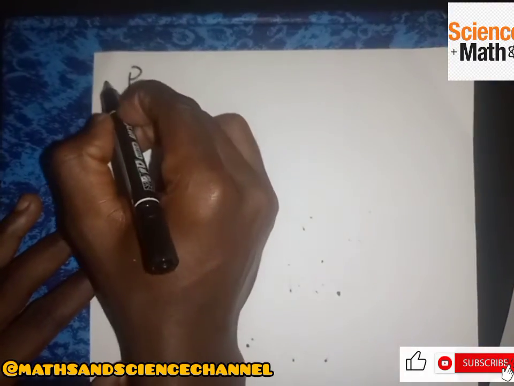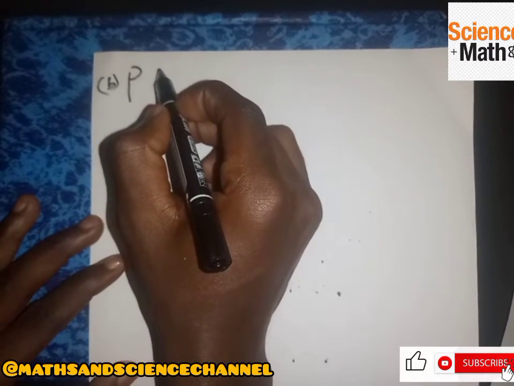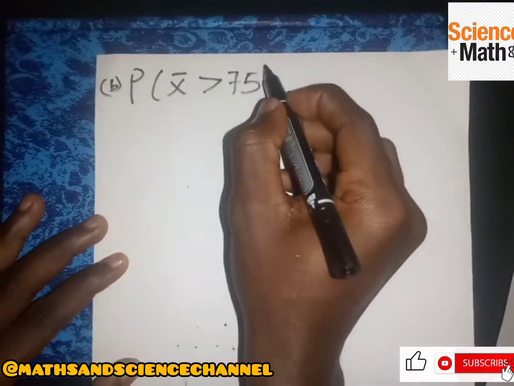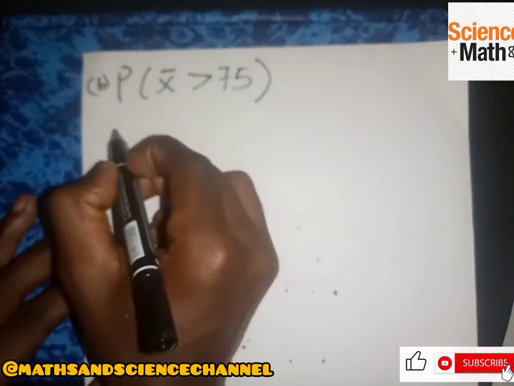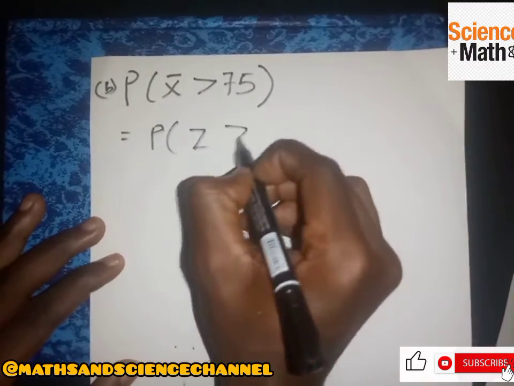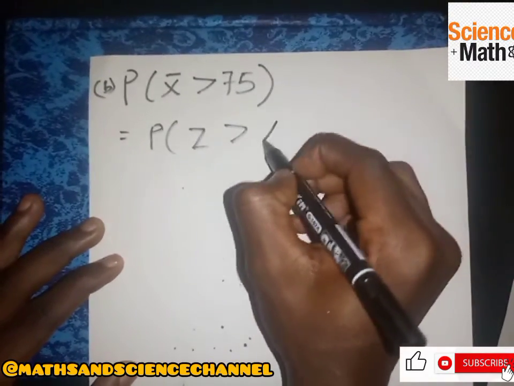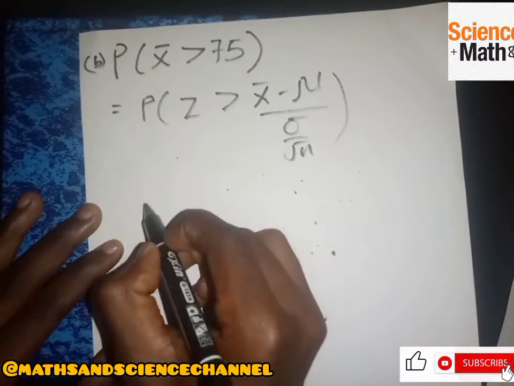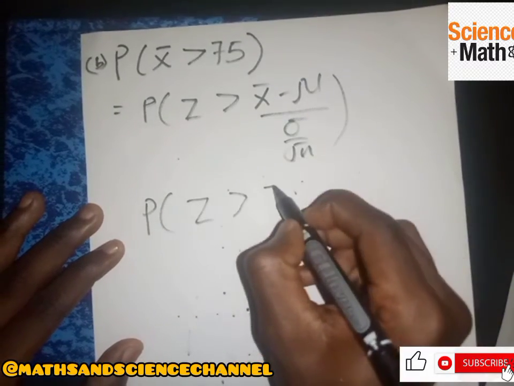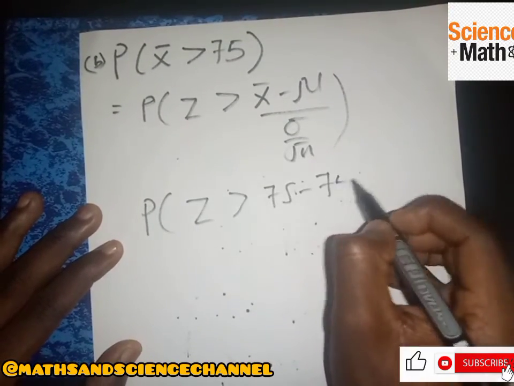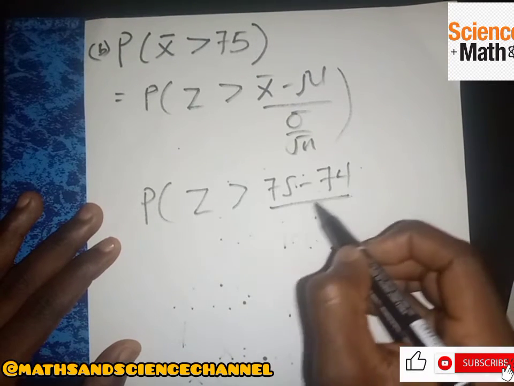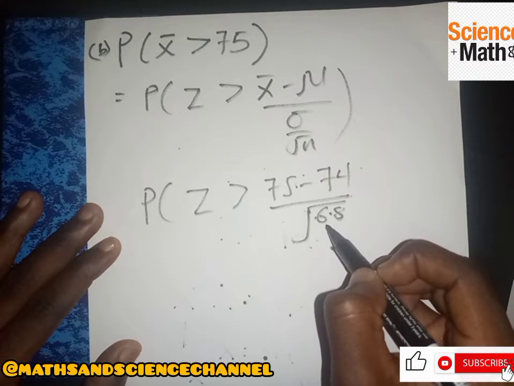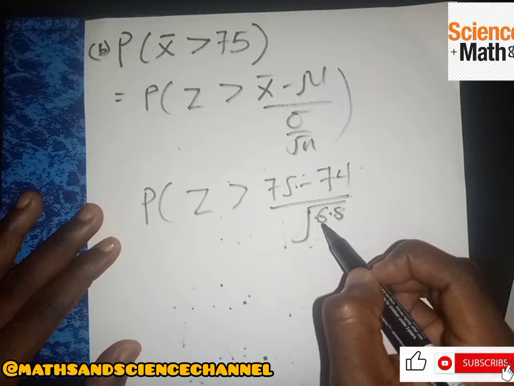We are looking at the probability, so that is the B part: the probability that the mean score is greater than 75. If that is the case, then we have the probability that Z is greater than the mean over the standard deviation divided by the square root of the number of samples. We are given this to be 75, and the population mean is 74, the standard deviation is 6.8, and it's divided by